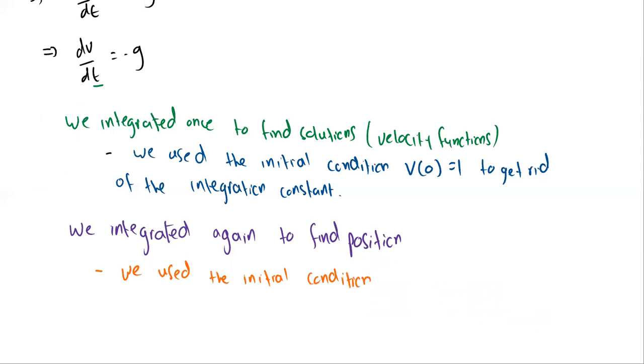And I think for that specific case was S of 0 equals 100. So the position of the rocket at time 0 was 100, right when you either dropped it or pushed it downward. And what I want you to take out of this is